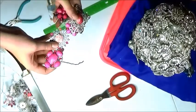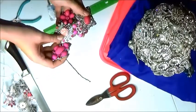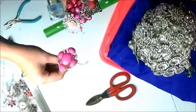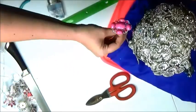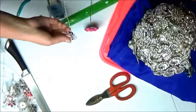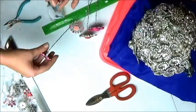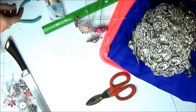So I've got my Brooch Bouquet. These are essentially going to be the flowers. Okay, these are going to be the flowers that create the bouquet. So I started working on them. I'm just going to lay them out here. And now this one